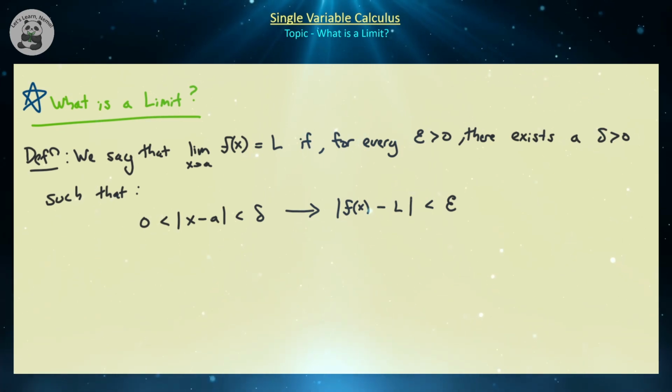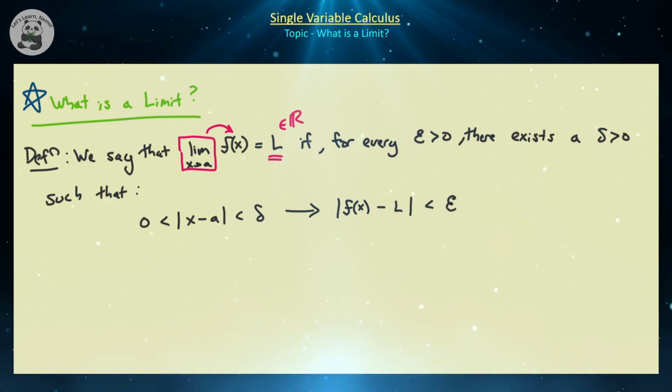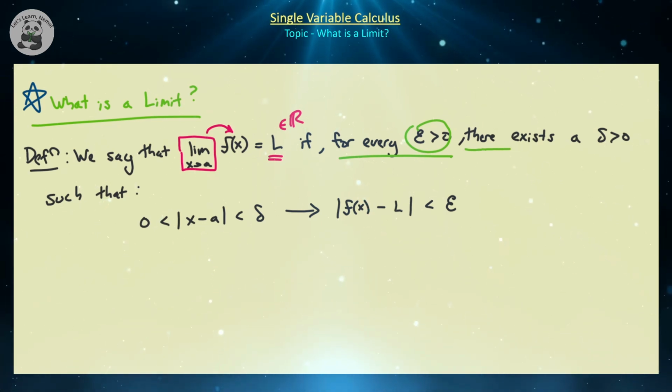So, what is a limit? We say that the limit as x approaches a, so that's how we read this first statement, the limit as x approaches a of the function f of x, is equal to some number L, and it could be negative, positive, zero, irrational, rational, doesn't really matter, if for every epsilon that is positive, and typically epsilon is going to be an arbitrarily small but positive number, there exists an associated delta that typically depends on epsilon that is also greater than or equal to 0,